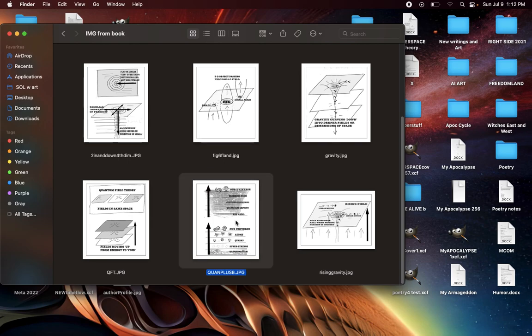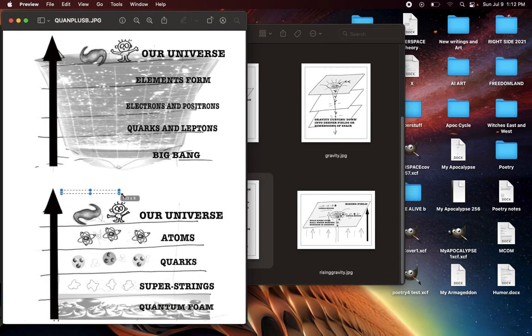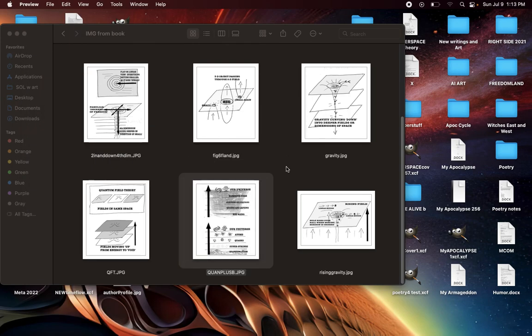So again, this is a very simple model, and not really the best one, but down here, if you don't look at atoms and you just think of quarks, and then you could do nucleons and then superstrings, if there's such a thing, they would be at different dimensional layers, moving from the entropic layer of our universe down toward the most energetic. And this continues down into the more energetic, and that direction goes infinitely. So there's no end to that direction.